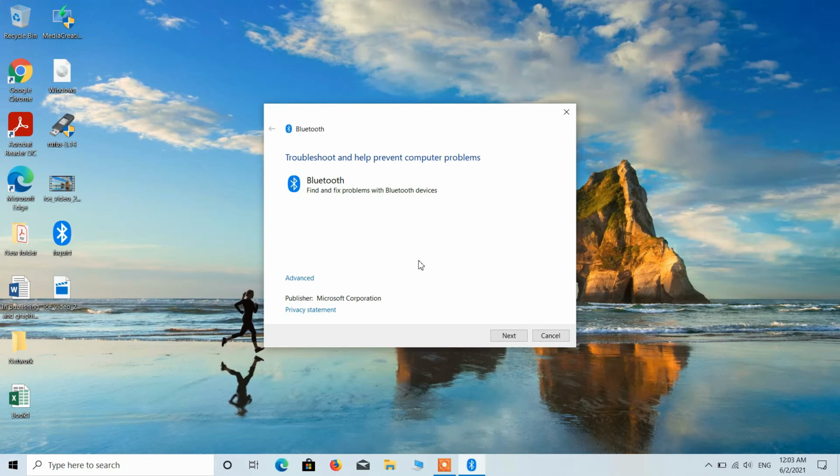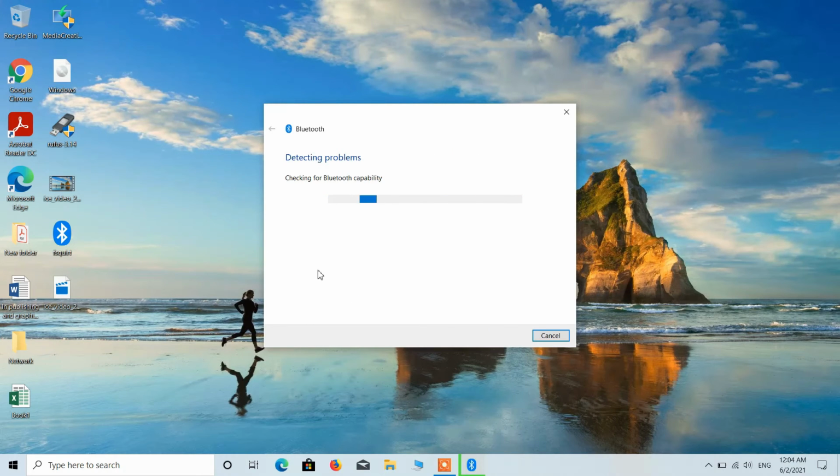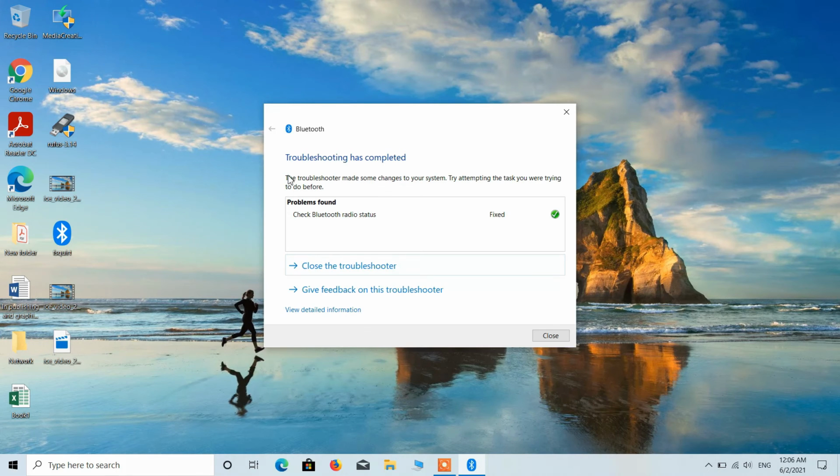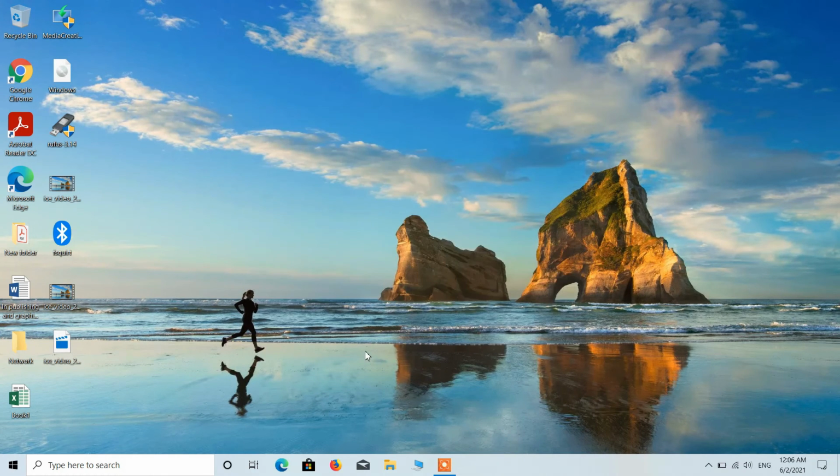So this is a Bluetooth troubleshooter and it will troubleshoot any Bluetooth problem. So just click on the next button. So it will automatically detect the Bluetooth problems and fix them also. So you can see that the troubleshooting has completed and it has fixed your issue also. Just click on the close button.